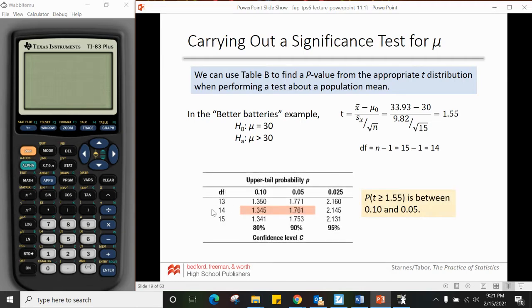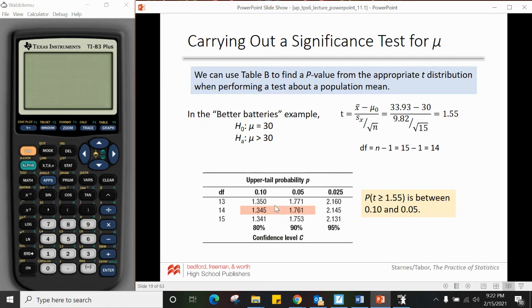and degrees of freedom of 14. Now, when I'm looking at this table, our degrees of freedom is on the left-hand side, so we're going to find 14, and the probability is at the top. So if we were trying to do an inverse t, we would be trying to find what t-score gives us a probability of blank in the tail. We would find our degrees of freedom and use the top column, and whatever's inside is the t-score. Since here our t-score is 1.55, you can see that not every t-score is going to be inside